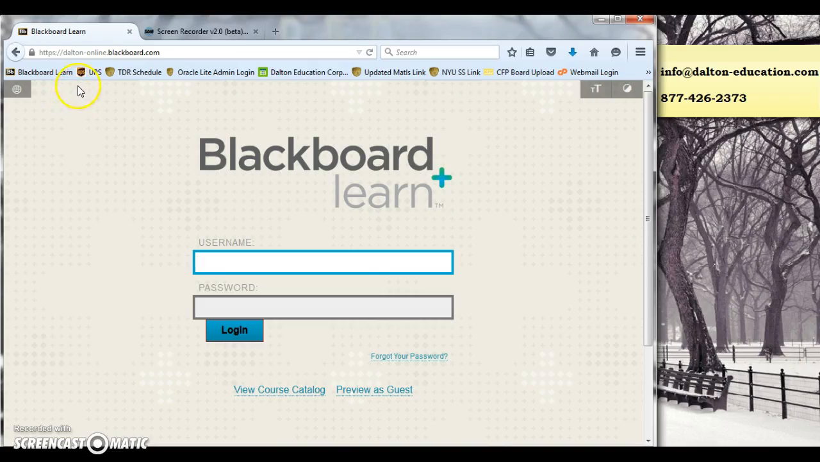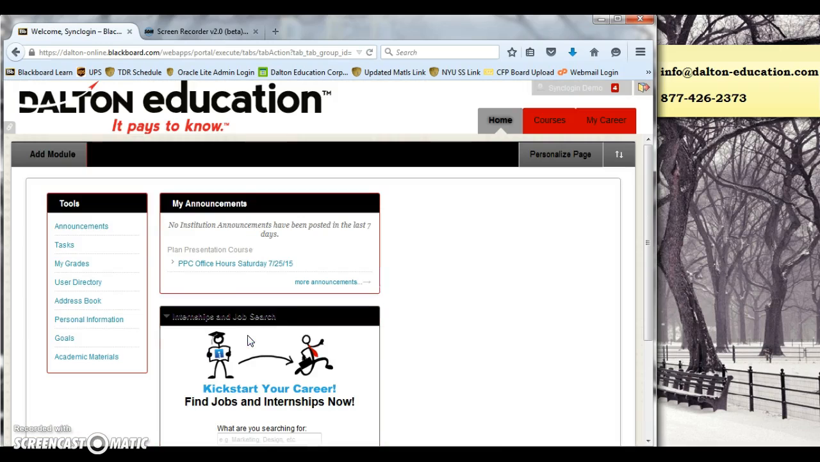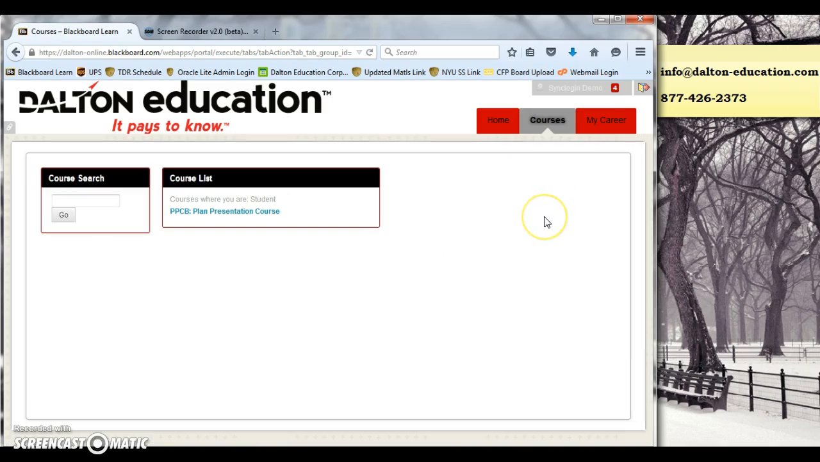You'll first need to log in at dalton-online.blackboard.com. Your username will be your email address, and your password, if you registered over the phone, will be Dalton, all lowercase, or if you registered online, it'll be what you created at the time of your enrollment. When you log in, you'll click on your Courses tab in the upper right-hand corner, and then choose the Plan